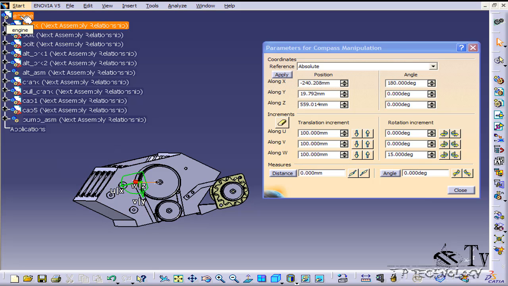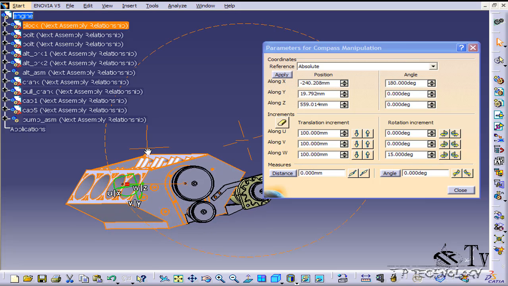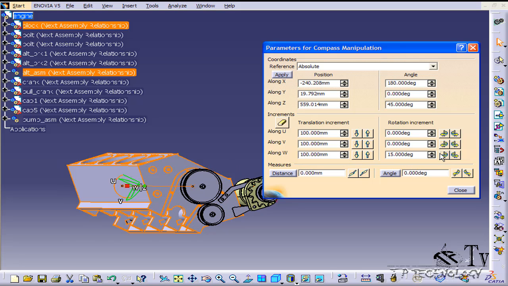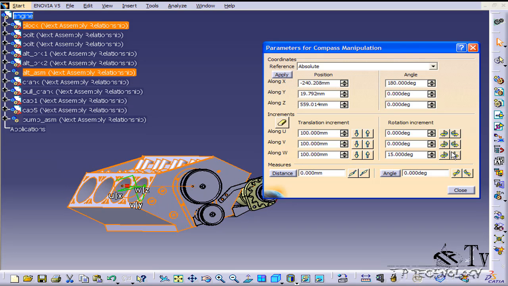So to start off, let's move just the engine block. Let's double click engine, just highlight the engine block, and we have it rotating around the W axis at 15 degrees. So let's just try it out, see? And you can see how the whole block is rotating 15 degrees every time we click. And again, you can do the same thing if you click on the plane, and you can rotate about it too. Now let's do the entire assembly.